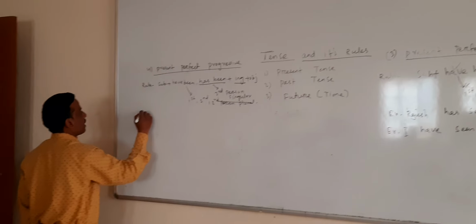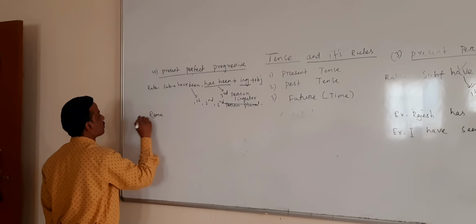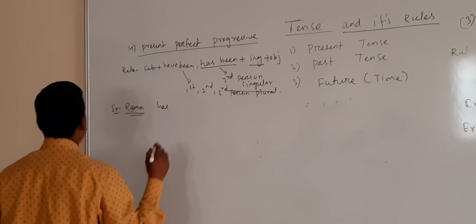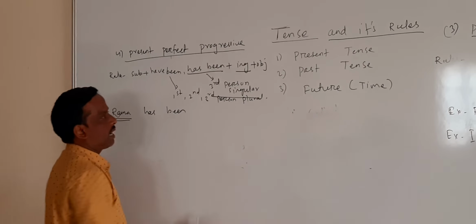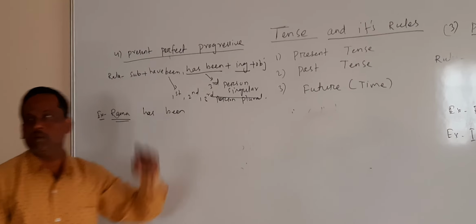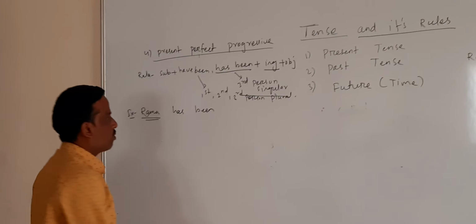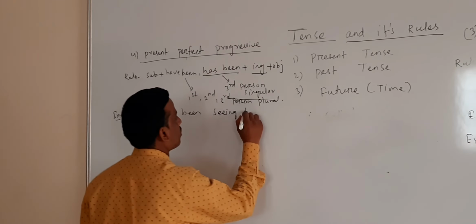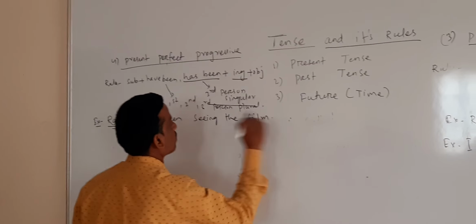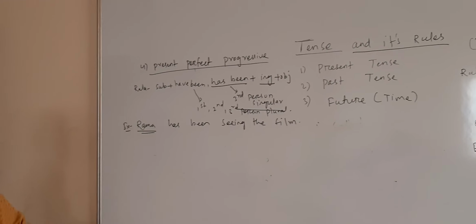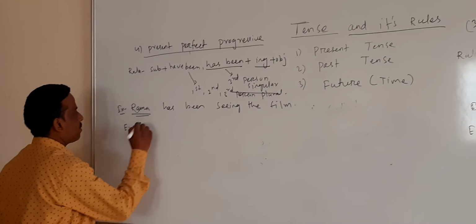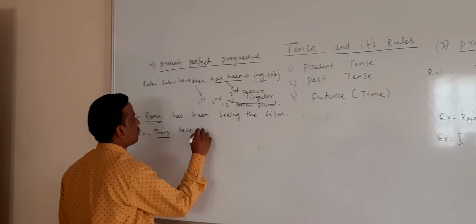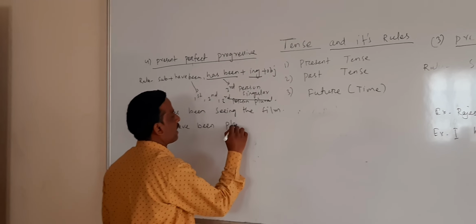We will give an example of has been. The subject here is a name, which is third person singular, so your helping verb will be has been. Then the ing form of the verb: you can take any verb and add ing. So according to the rules, the sentence is complete. In plural, they is a plural subject, so have been. Play is verb 1, and its ing form is playing.